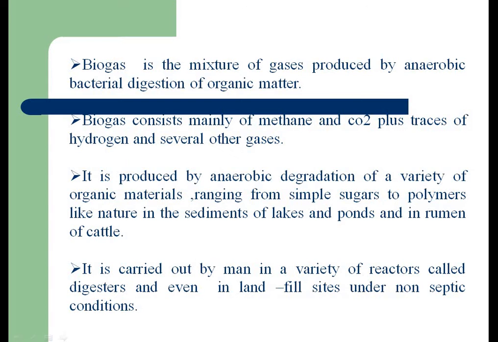So biogas is the mixture of gases produced by anaerobic bacterial digestion of organic matter. It consists mainly of methane and CO2 plus traces of some hydrogen and several other gases. This is produced by anaerobic degradation of a variety of organic materials ranging from simple sugars to polymers like nature, in the sediments of lakes, ponds, and in the rumen of cattle. It is carried out by man in a variety of reactors called digesters and even in landfill sites under